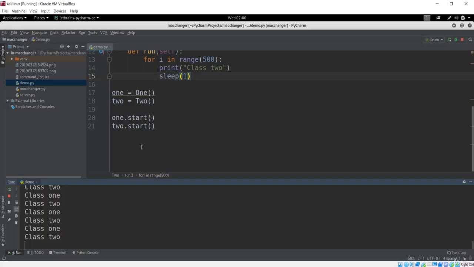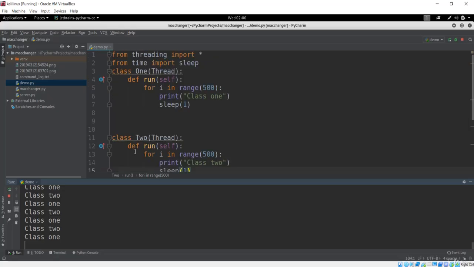If you just stick to the main thread, it is going to take more time if you are doing more tasks. If you are doing smaller tasks, that will be fine. But if you are doing very high tasks, then with threads running simultaneously, the processes are much faster than before. So that is the importance of threading.